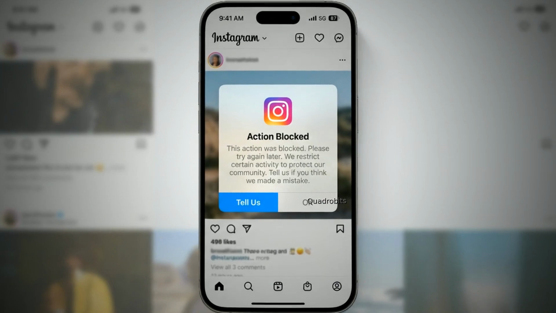You're scrolling through Instagram, liking posts, following people, and suddenly this pops up. Action blocked. You can't like, you can't comment, you can't even follow anyone. Instagram has basically locked you out. Don't panic. In the next 5 minutes, I'll show you exactly how to fix this and make sure it never